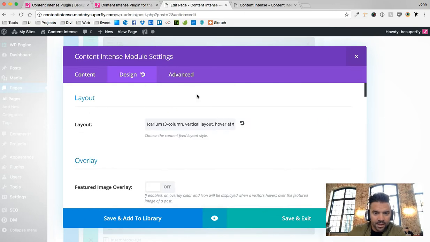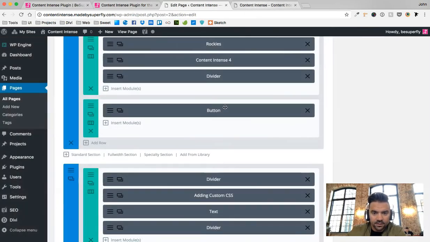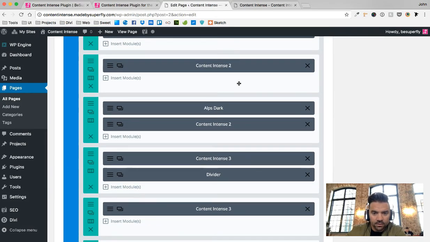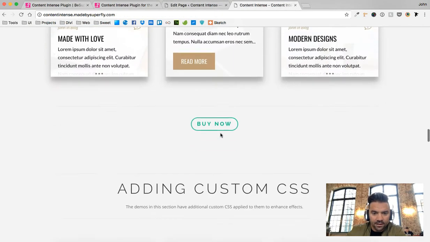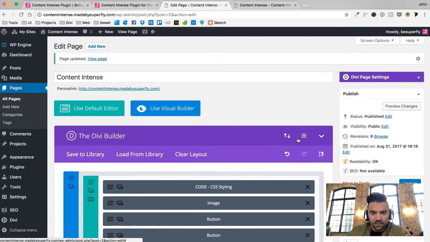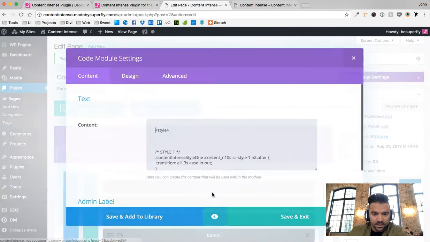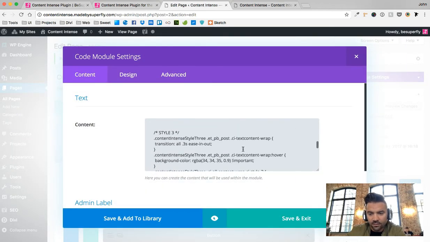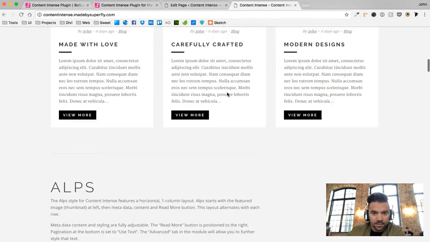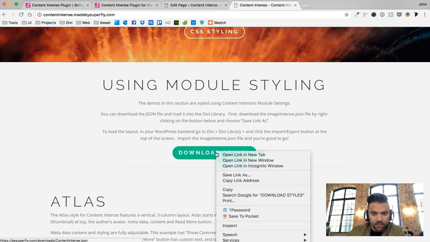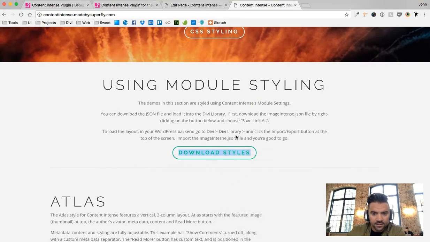Yeah, so really happy with how that one turned out. And then on these other ones down here below, the ones that I've added custom CSS to, I've added all that custom CSS here in this top block, the code styling. So if you download the JSON file for this, which you can, right up here at the top of the page, you can download the styles right here by right-clicking and choosing Save Link As,